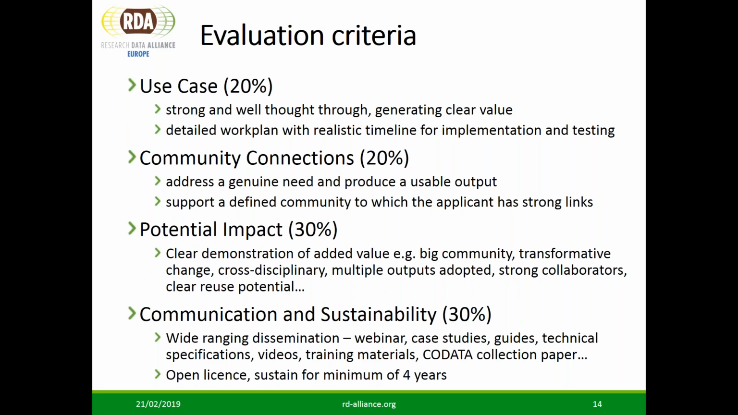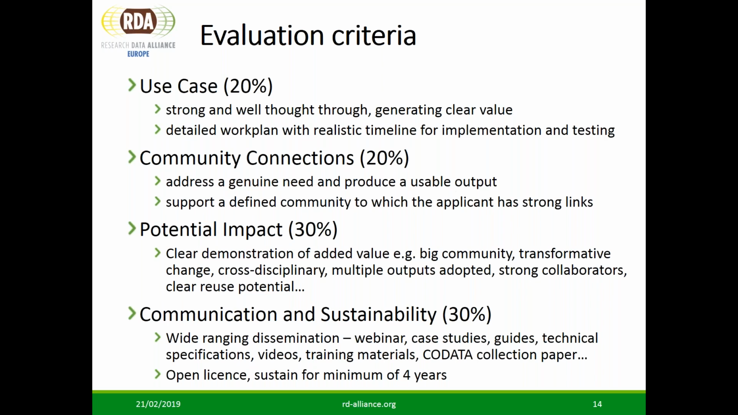So to go on to the evaluation criteria, there are 4 areas that you'll be assessed on: the use case, the community connections, the impact, and sustainability and communication. So in terms of the use case, this is 20% of your score. We want a really strong and well thought through case that generates clear value to the RDA and to the community. And you should have a detailed work plan with a realistic time frame